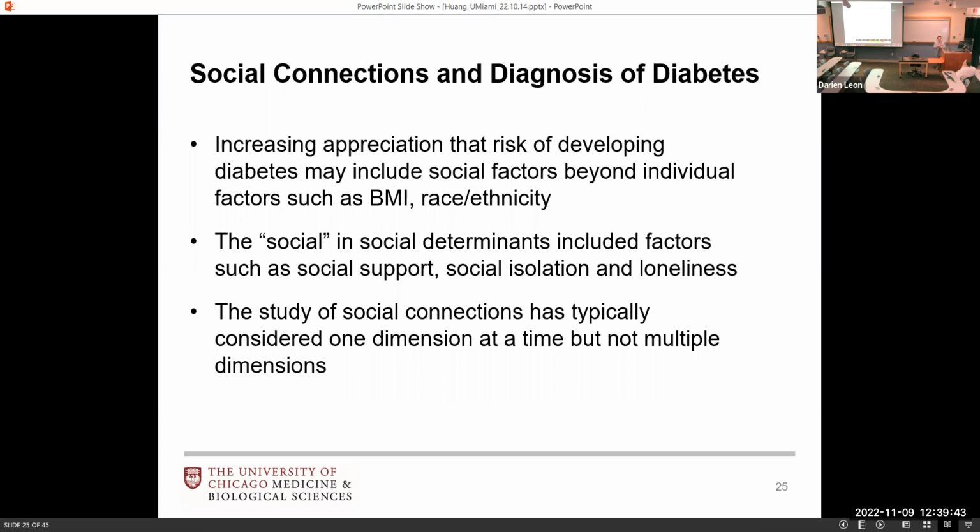So in the area I mentioned earlier, I've developed this collaboration with sociologists at the University of Chicago. The idea behind this project is that we know some of the major risk factors for developing diabetes, such as body mass index, race, ethnicity, and so on. But is there some possibility that the social world of the person puts them at greater risk for developing diabetes, or having maybe even remission of diabetes or remission of pre-diabetes? And this could be through social networks, social support, addressing things like social isolation and loneliness.